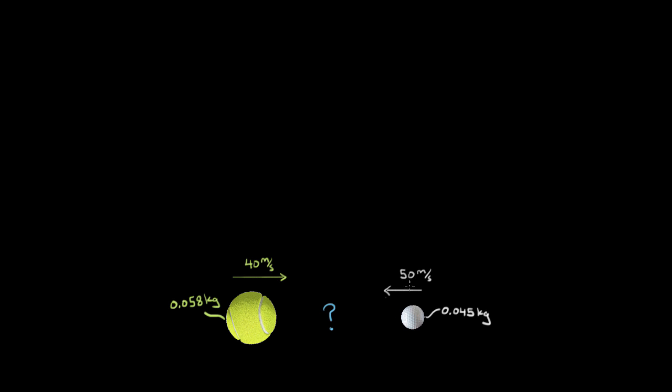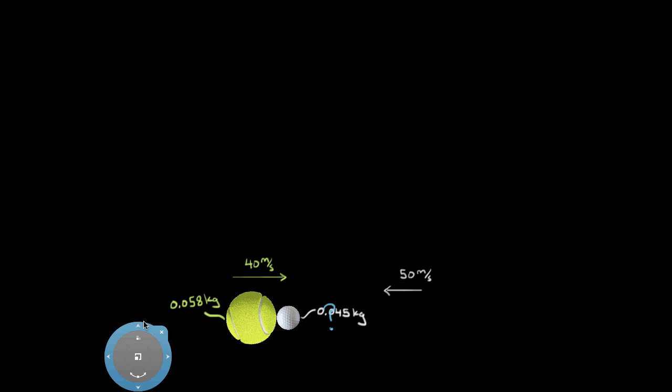When I'm doing a collision problem, I typically just start with conservation of momentum. I just know if it's going to be a quick collision, the momentum right before the collision should equal the momentum right after the collision, at least the total amounts. Why is that true? It's because the time that the golf ball is actually in contact with the tennis ball is going to be so small that any external forces that might be there, like gravity, are going to have so little time to act on this system. The external forces can't really impart a large amount of external impulse. And if there's no external impulse, the total momentum of our system, golf ball and tennis ball, has to stay